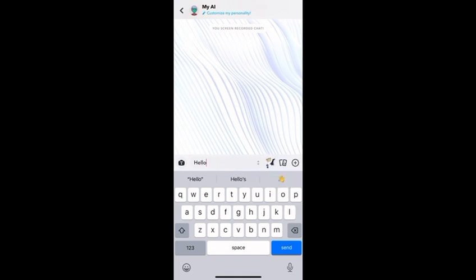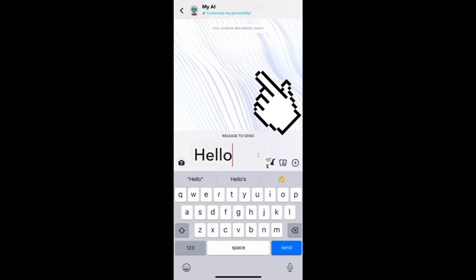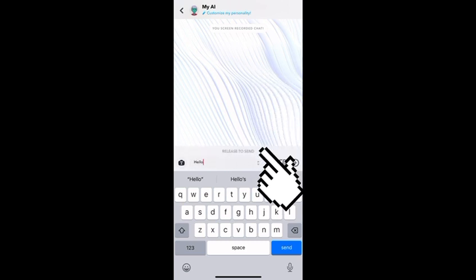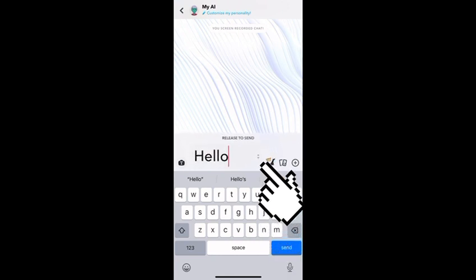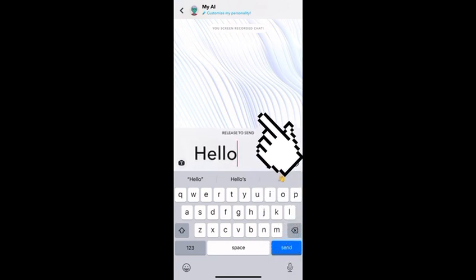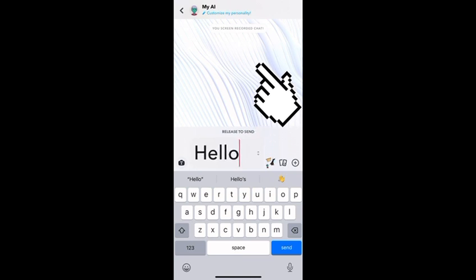And you see those two arrows? Click on that, hold it down, and slide it up to make it bigger, or slide it down to make it smaller. But in this case, we're making the text bigger. Release to send,